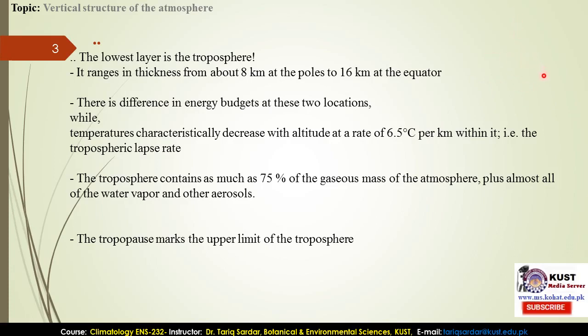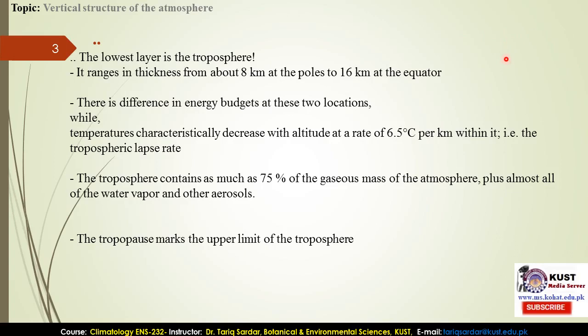That's why at the equatorial area there will be much area to compose the gases that form that layer. So at the equatorial area it is up to 16 kilometers, and at the polar areas there will be less area to be covered by those gases that form that layer of the atmosphere. So there is also a difference in the energy and temperature budgets at these two locations,